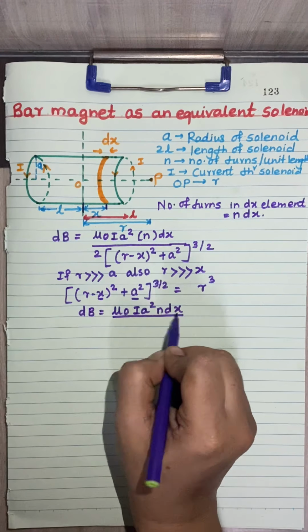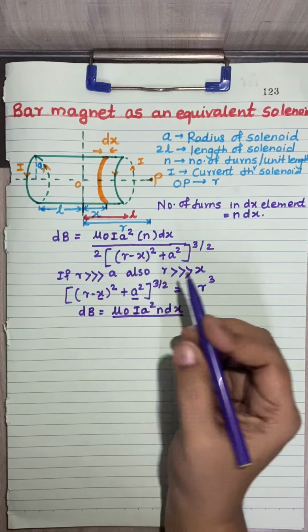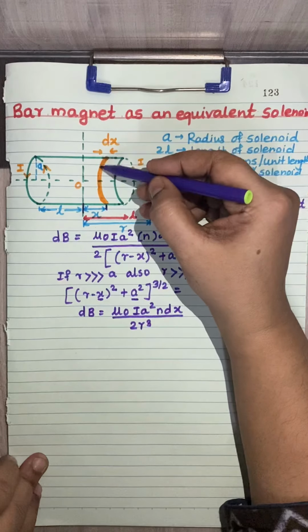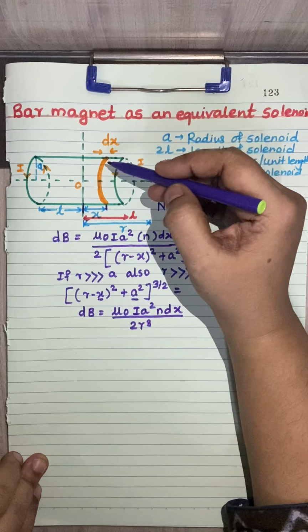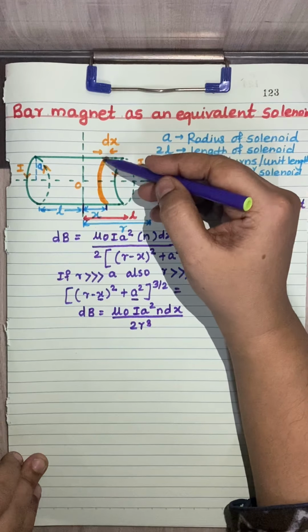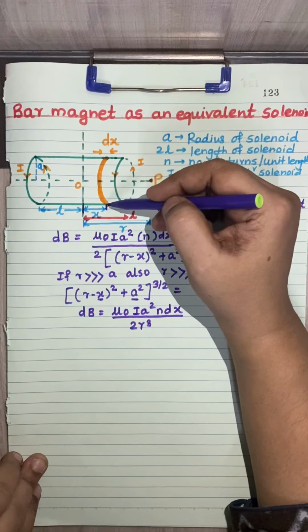So we are finding this magnetic field only for this particular element, dx divided by, now this term is changed, we are getting here 2r cube. Okay, now this is only for a single element we have taken, and the range of variation of x, because this is not the complete solenoid, lies from this place to this place, so we have to consider so many elements from that particular center O to the left side and center O to the right